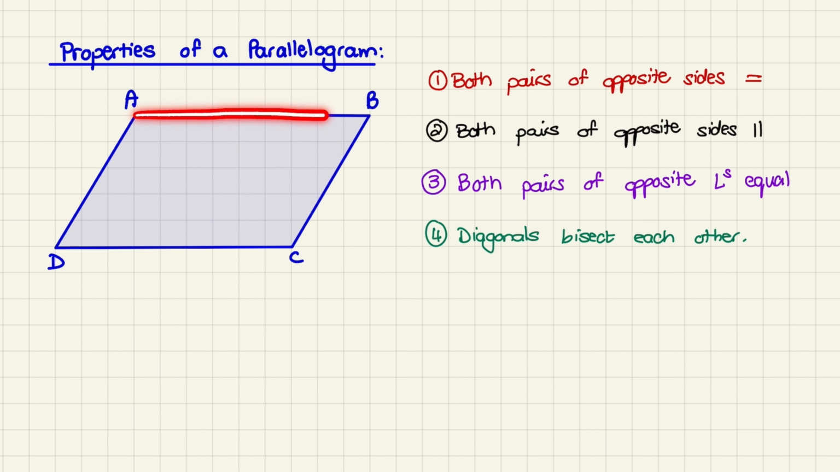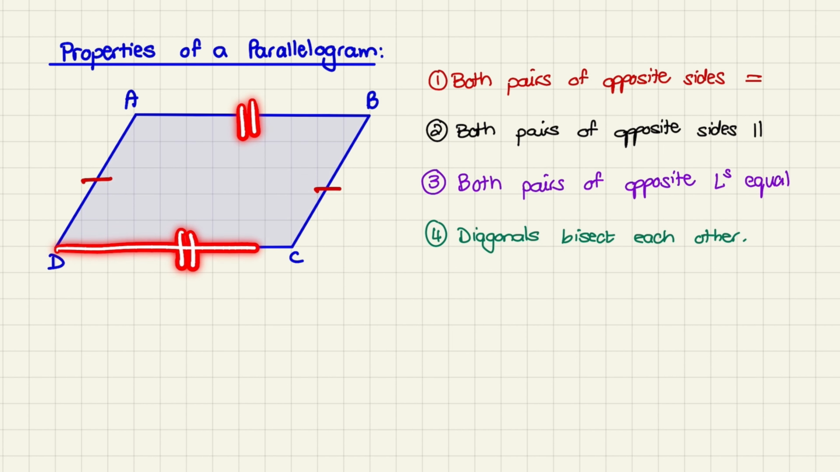So what we are saying is that the opposite sides, so AB to DC, are equal, and AD and line BC are equal. Notice we are not saying that all 4 sides are the same length. What we are rather saying is that the opposite sides are equal in length, and we indicate which sides are